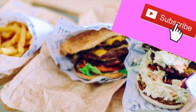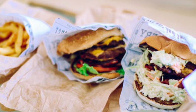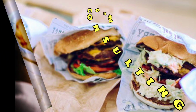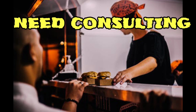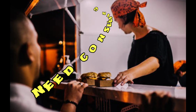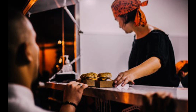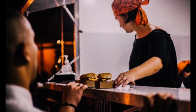So the one thing is that working as a street vendor requires a license, okay? So you have to have one for selling food, and then you have to have a license for the mobile food unit as well. Okay, so a food vending business is obviously a mobile type of business, which is great. It can give you a huge opportunity when you're able to move your business from one busy location to the next. But there are a few tricky little things in regards to the requirements in the state of California, which